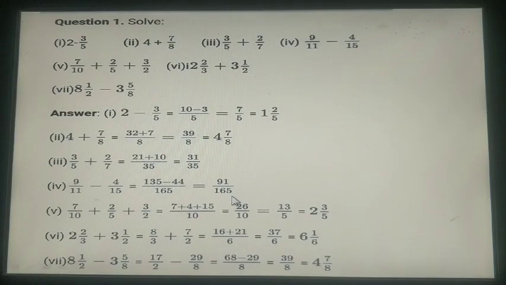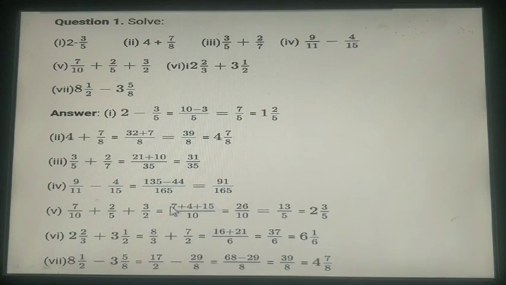This is your answer. The next sum, here are 3 fractions for you, 3 unlike fractions. The denominators are 10, 5 and 2. So very quickly you will write the LCM of the denominators as 10. 10 divided by 10 is 1, multiplied by the numerator 7, you will get 7 here. Again 10 divided by 5 will give you 2. 2 multiplied by the numerator 2 will give us 4. Next step, 10 divided by 2 will give you 5. 5 into the numerator 3 will give us 15.